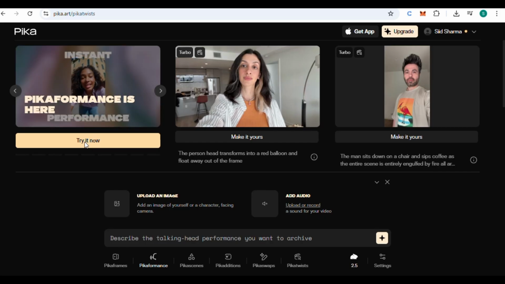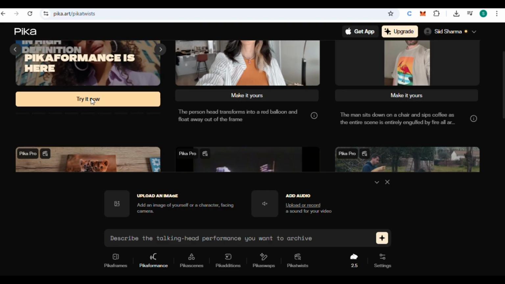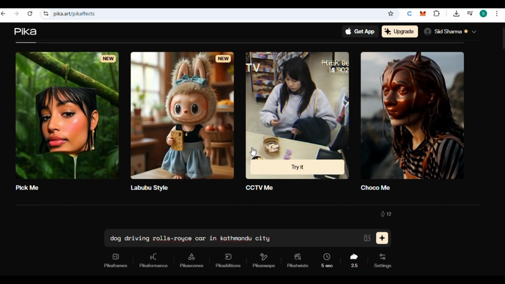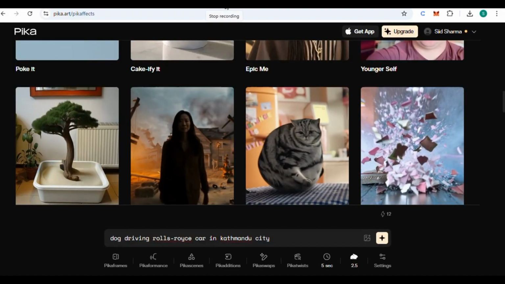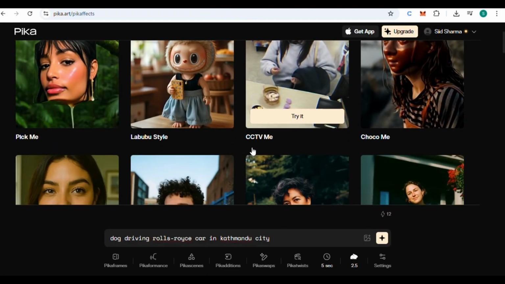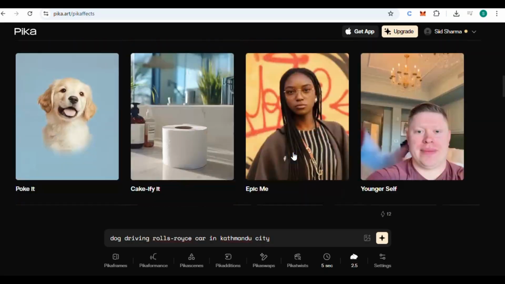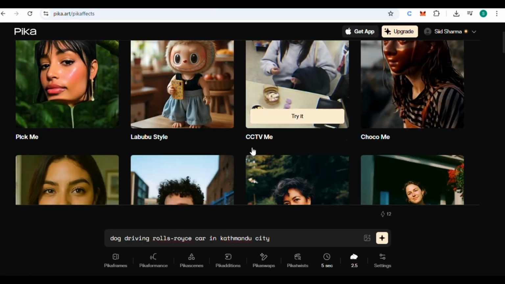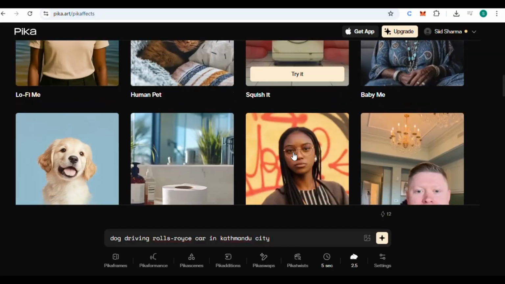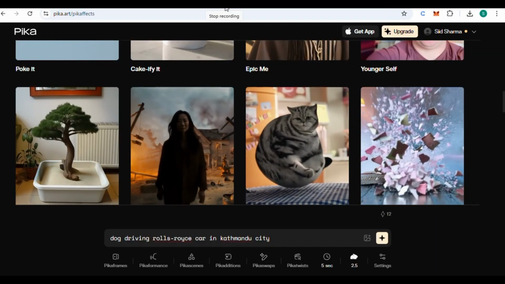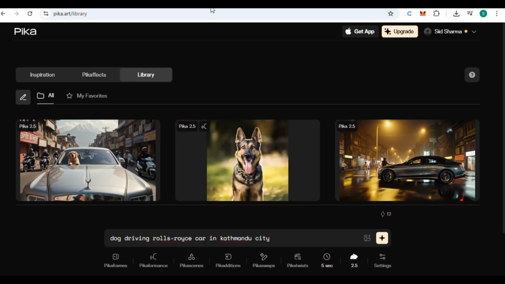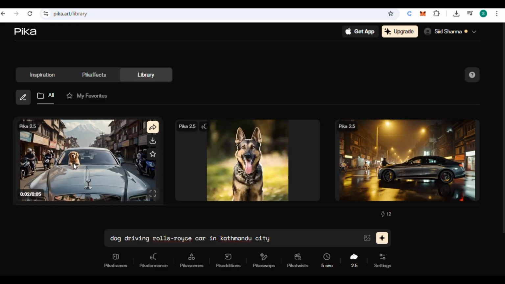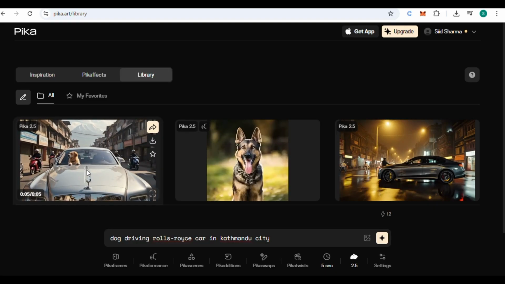So first, just go to pika.art and sign up, and once you're in, you will see a simple interface. And now all you have to do is describe the video you want. So for example, I'll just type dog driving. So I'll just say dog driving Rolls Royce car in Kathmandu city. And now just wait for a few seconds. But again, if you are using the free version, it will take more time. And after it gets done, you can watch and it generates a video clip, and it looks awesome,